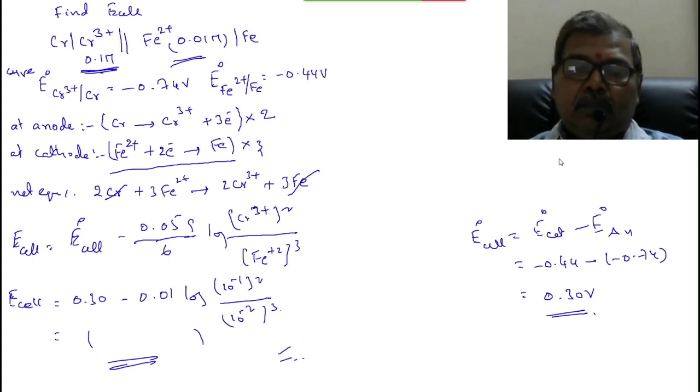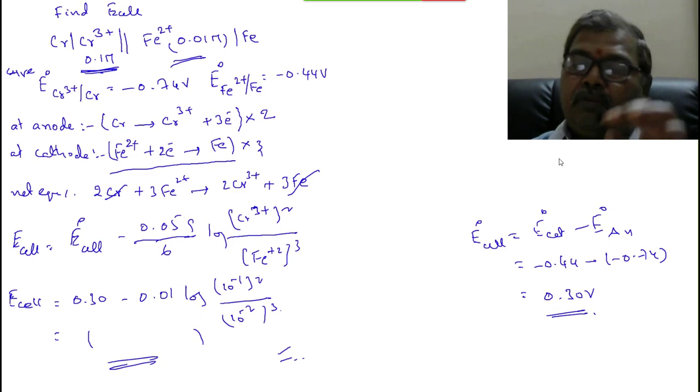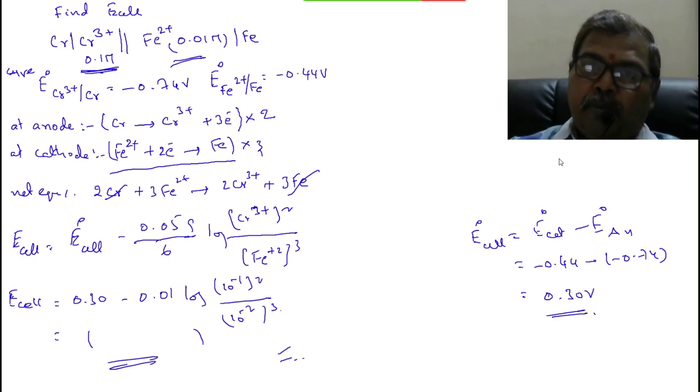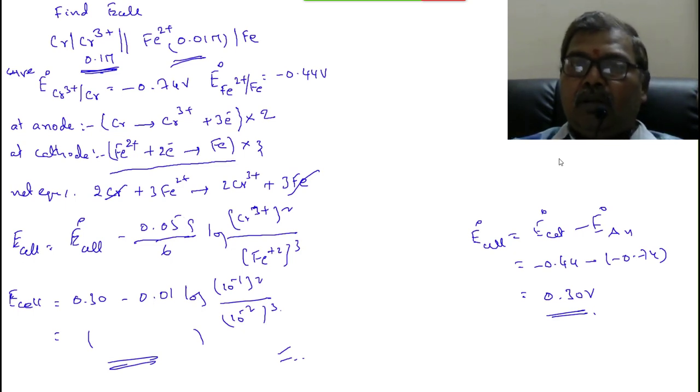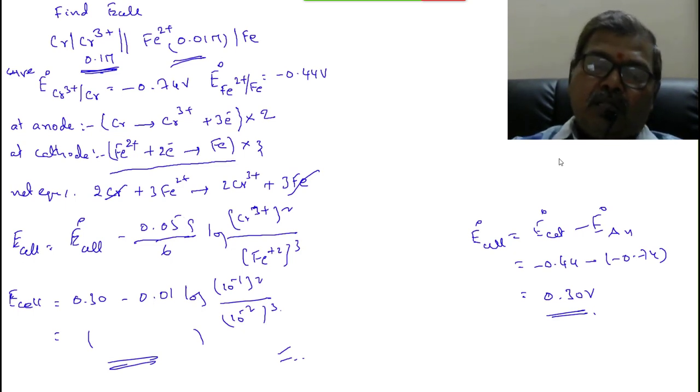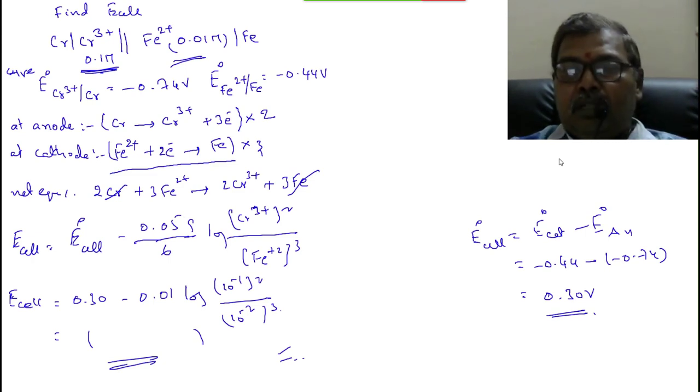So in the next class, we will do some more problems on the Nernst equation. The Nernst equation is very important for you in both mains level and advanced level exams. In advanced level, definitely it is very important. In mains and advanced, definitely you will get more than